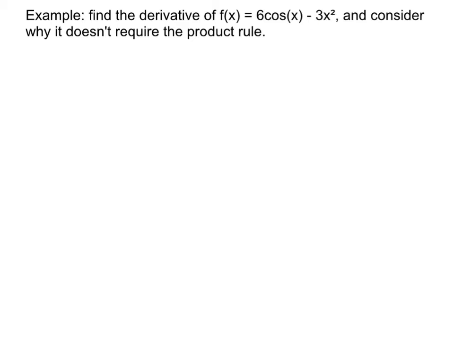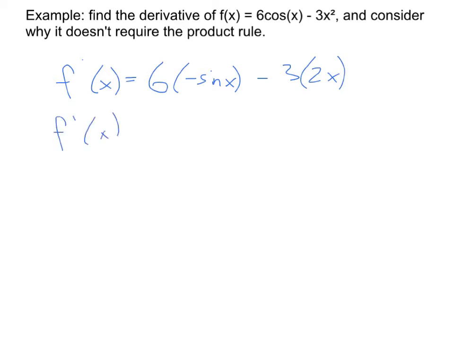The only place where somebody might think that the product rule is necessary is right here where it says 6 cosine x. You might think, hey, there are two functions there. There's 6 and there's cosine x. But remember, we actually have the constant multiple rule. The constant multiple rule says that if you have a constant times something, if you have 6 times cosine x, we just ignore the 6 and then do the derivative of the cosine x, which is negative sine x. The same with the 3. We have minus 3 times the derivative of x squared, which is 2x,